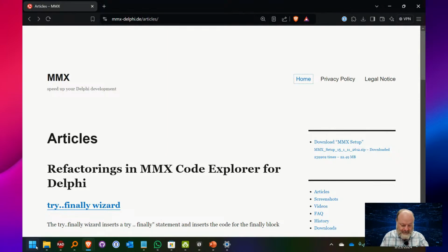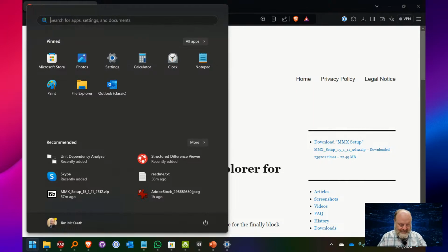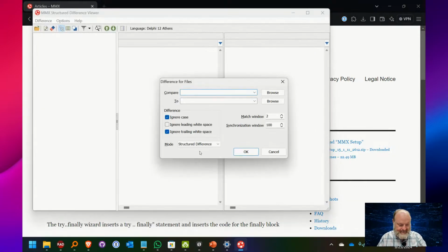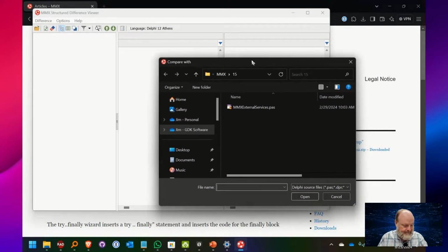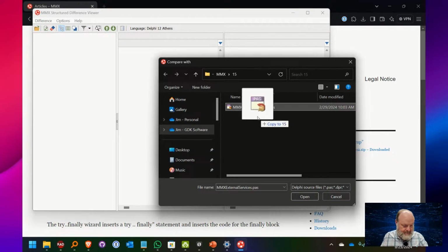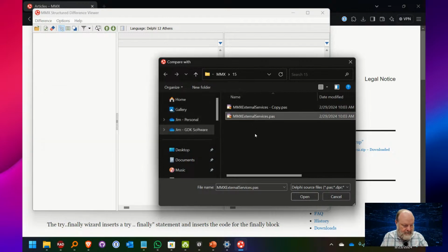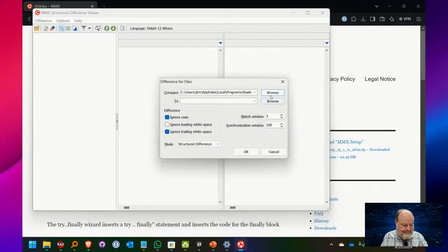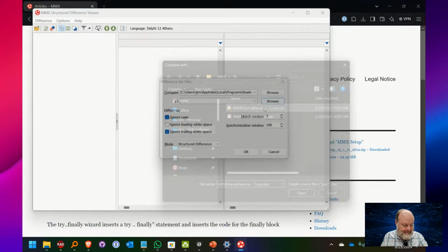Oh, I didn't even show the structured difference viewer. So it lets you compare files. Let's compare this to this one.